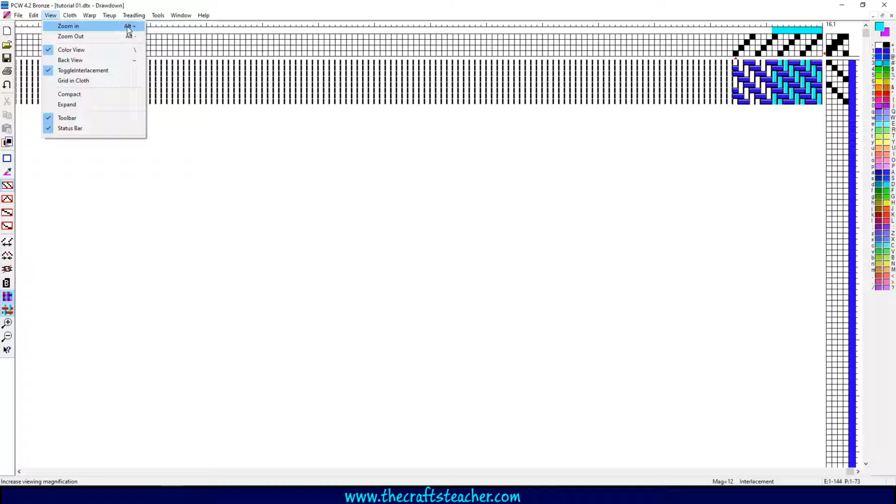Usually when you have shortcut keys, like for instance Ctrl plus O for opening a file, you don't use the plus key. And in this case you do need to use the plus key.